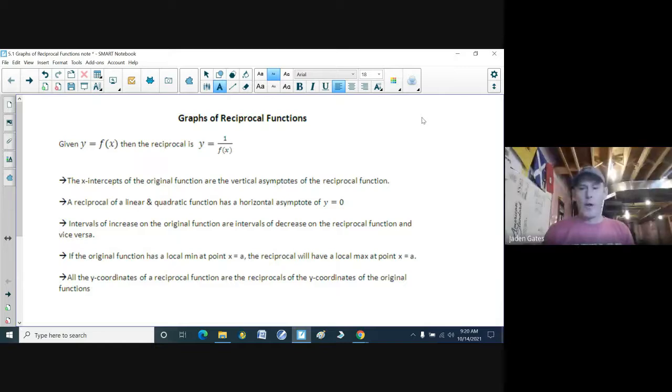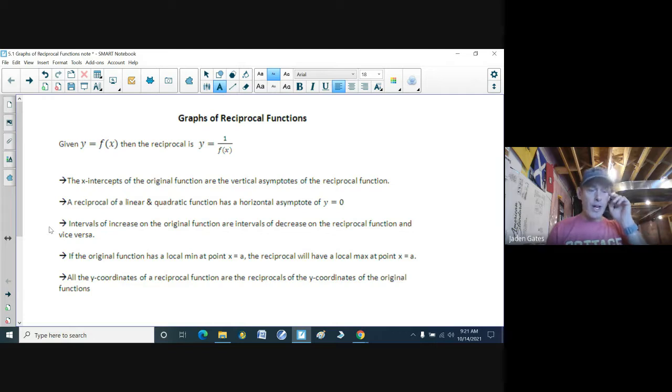All right. Like I said in the last class, we looked at graphing polynomial functions in general. Here we're going to look at graphing reciprocal functions. So what that means is if you take y equals f(x), the reciprocal is just flip it, 1 over f(x). There's a couple of points here that we're going to use to graph a bunch of different